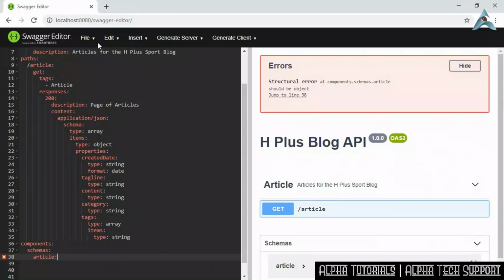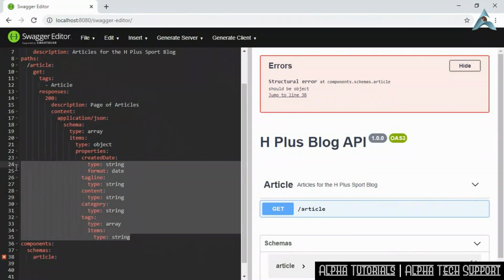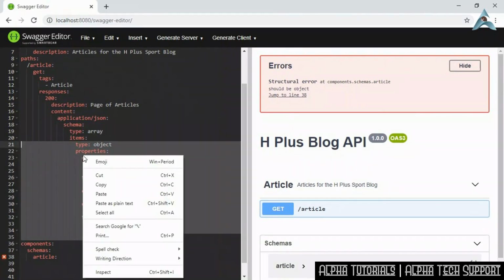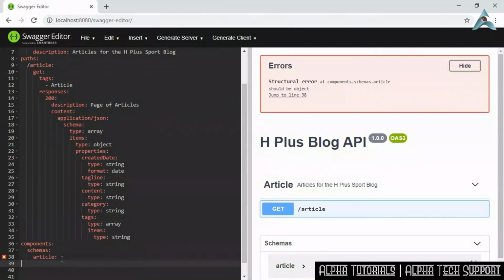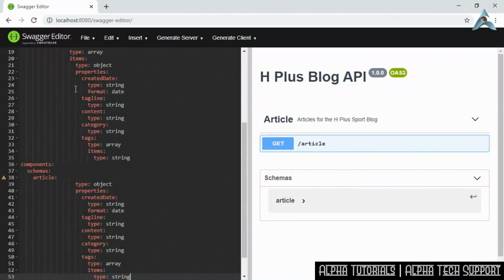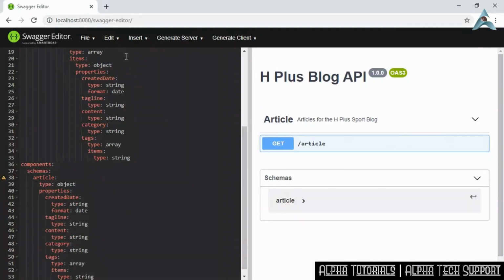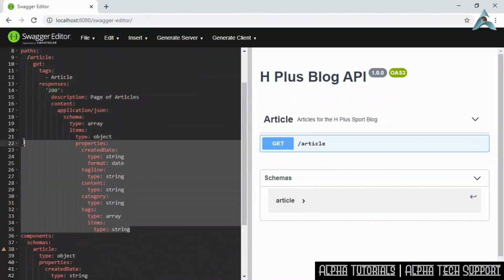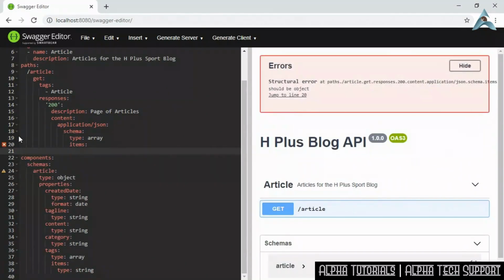object throughout the file. To define the properties on the article schema object, we can go ahead and copy the properties from the object on our get operation. So I'm just going to go ahead and copy these fields and place them within the article schema object at the bottom of the file. Once they're in place, I can go ahead and click on Edit and then Convert to YAML, and the file will automatically format. Now we can just go ahead and remove those properties from the API definition underneath the get